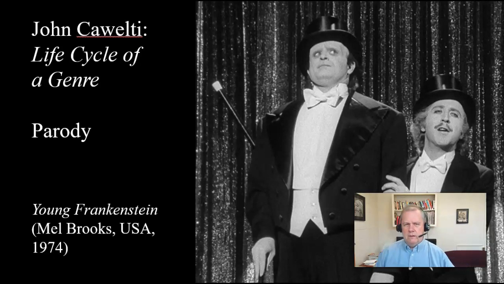So the four life stages of the life cycle of a genre is, invention, where the genre either has to be created for the cinema or imported from other cultural forces. Let's say, for example, writing, Mary Shelley's Frankenstein. And then classicism, where people start to tinker with the genre and add new elements to the genre to build it up. This is the stage that usually is most pronounced in audiences' heads. This is the stage that usually defines the genre.